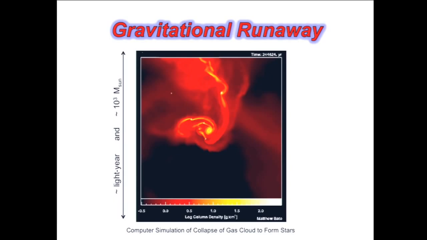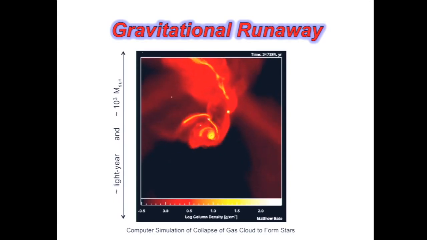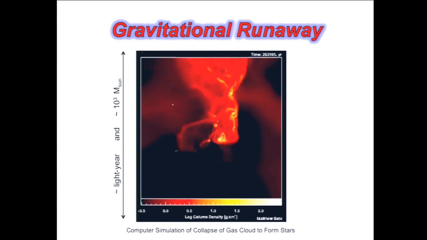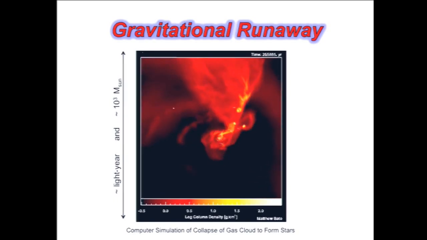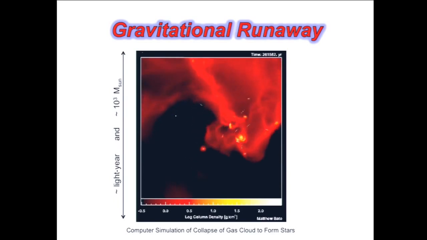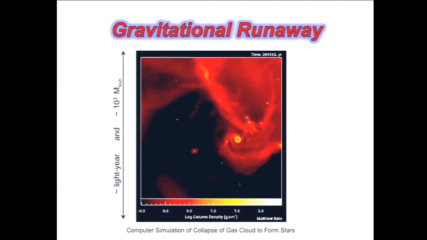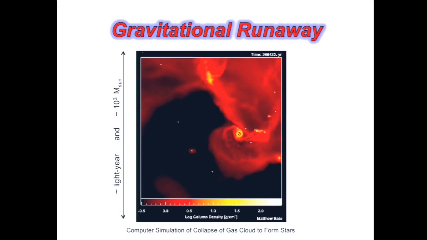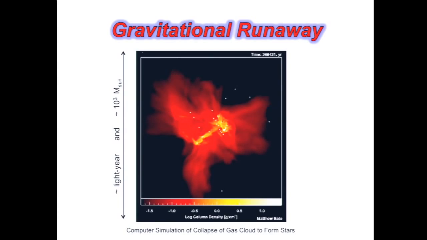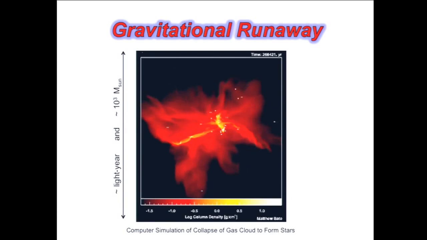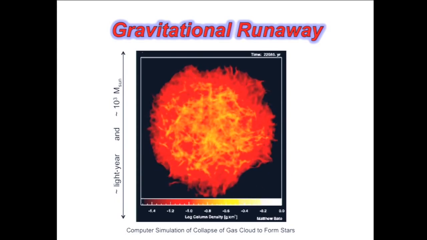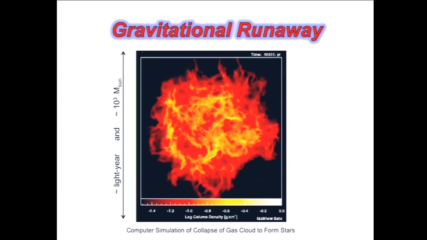Yep? Is that the same reason that this would form a star instead of forming a black hole? Right, so the reason this forms a star instead of forming a black hole is that as the gas at the very center collapses in on itself, at some point it gets so hot that it now has internal strength to oppose gravity, and it stops collapsing anymore. And that's why it's a star rather than a black hole. Yep. Yep.